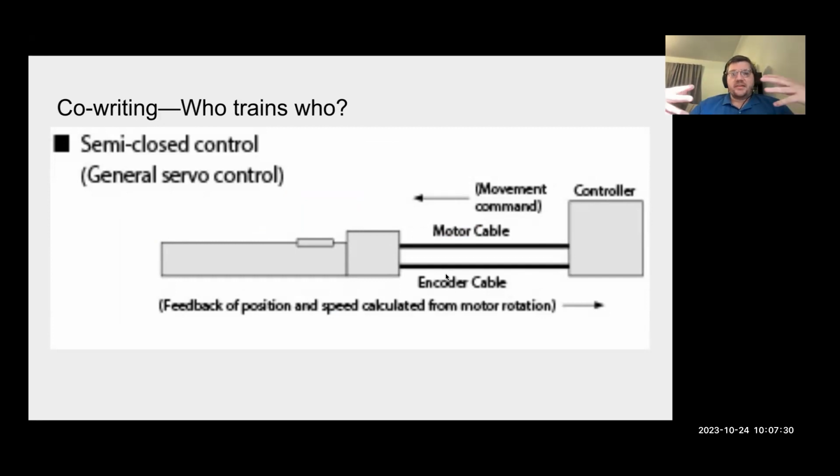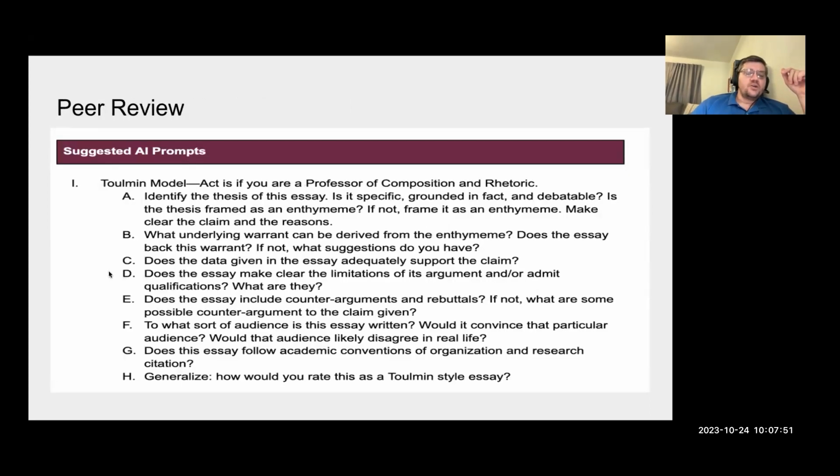And here, if you're moving in this metaphor, you're entering the space where you're starting to co-write. I started to ask the question, who trains who? Because in the previous one, you're just giving commands. You've abdicated your control to the machine. But in this metaphor, I thought more of a relationship you're cultivating with the thing. You're actually being a cyborg in this moment. And so with that in mind, I started thinking about ways we could do that.